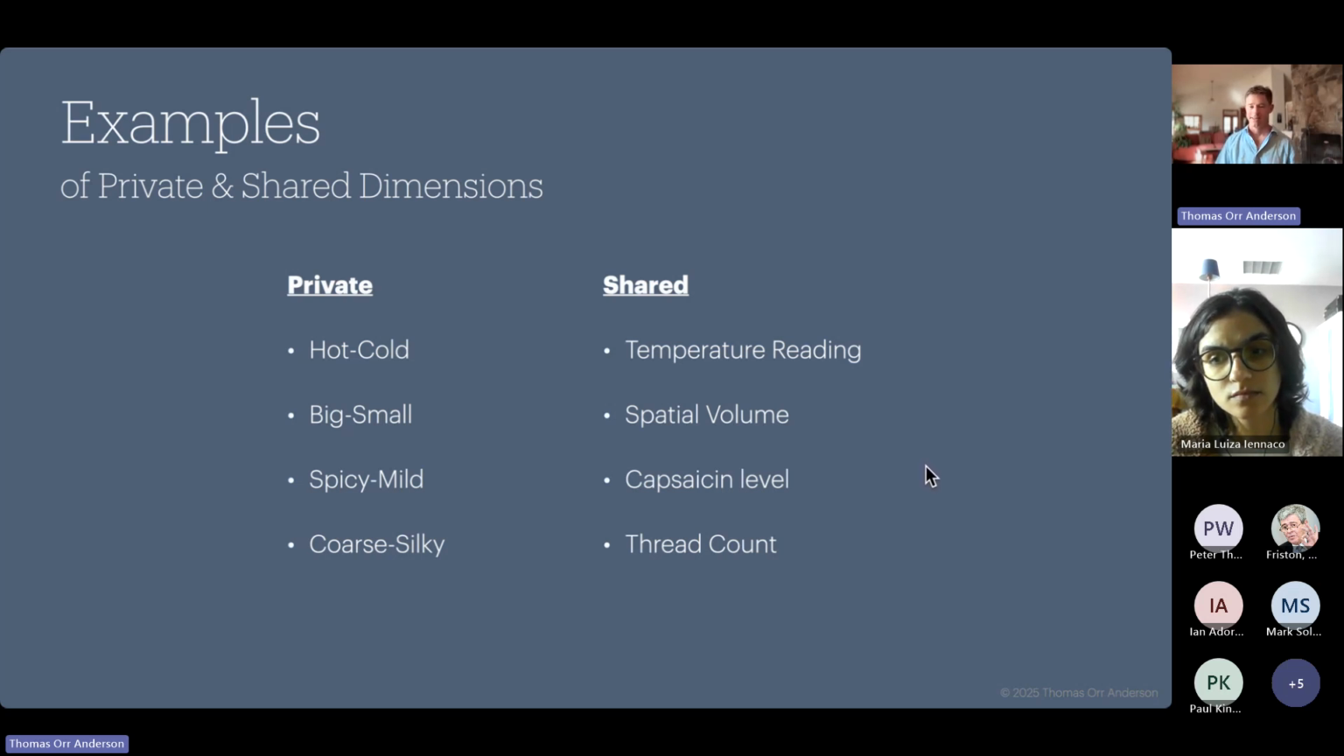This is something that happens in daily life for some of us. When somebody asks you, is it cold outside? I don't know how to answer. It depends on how cold it feels to them. Big, small, as a private version of spatial volume being shared, spicy, mild versus capsicum level, coarse, silky versus thread